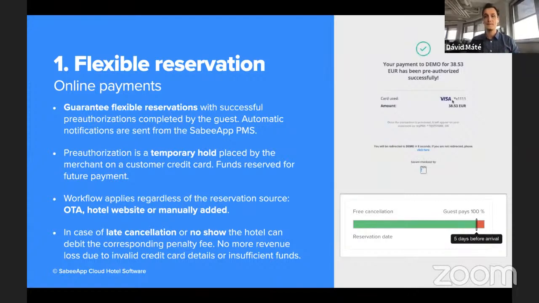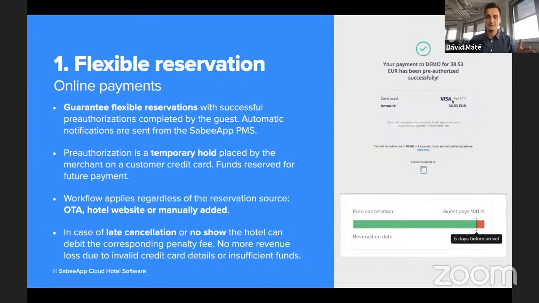from them in advance. And I wanted to speak a little bit about pre-authorization, because I'm sure that many of you are familiar with this term, but maybe some of you are not. Pre-authorization basically means there is a temporary hold on a certain amount on a credit card. So it's not a finalized charge yet. That money is on hold and it's not accessible for the customer for a certain period of time. So those funds are reserved for a future payment.